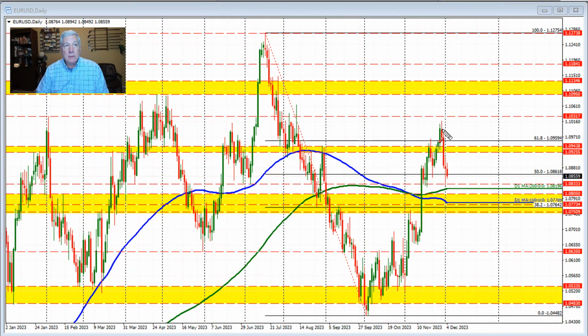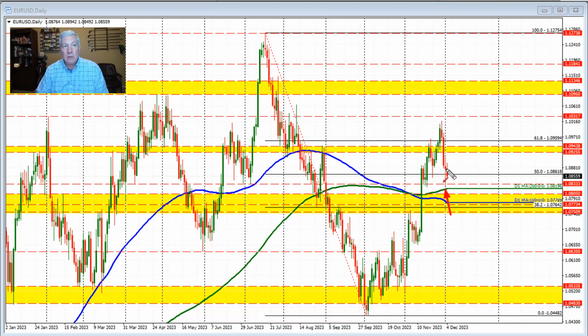So let's get started. Looking at the Euro versus US dollar, we are on a 1, 2, 3, 4 day decline here, but the low price that we saw on Friday did reach lower than the low price today. That low price reached down to extend toward the 200-day moving average. That's a green line in this chart at 1.08196. As you can see, the price fell just short of that level and started to rotate back to the